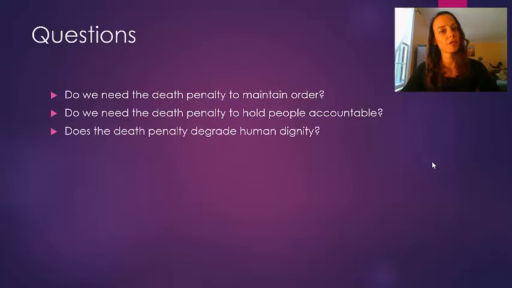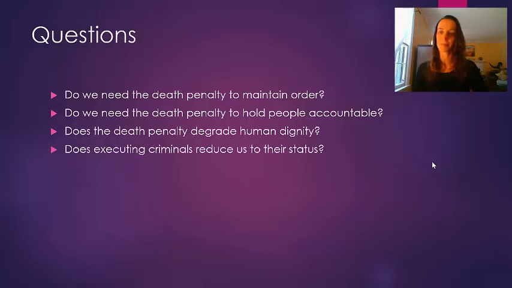Thirdly, to get on to some of the questions that the second author, Nathanson, is talking about, does the death penalty degrade human dignity? In other words, are we doing something that is inherently disrespectful to humanity as a whole when we execute people, when we kill them intentionally? And then finally, does killing criminals reduce us, society at large, to their status? In other words, when we find someone guilty of murder and we punish them by ending their lives, does that make us just like them? So these are some questions that we'll continue to talk about in the next video when we look at some arguments pro and con on the death